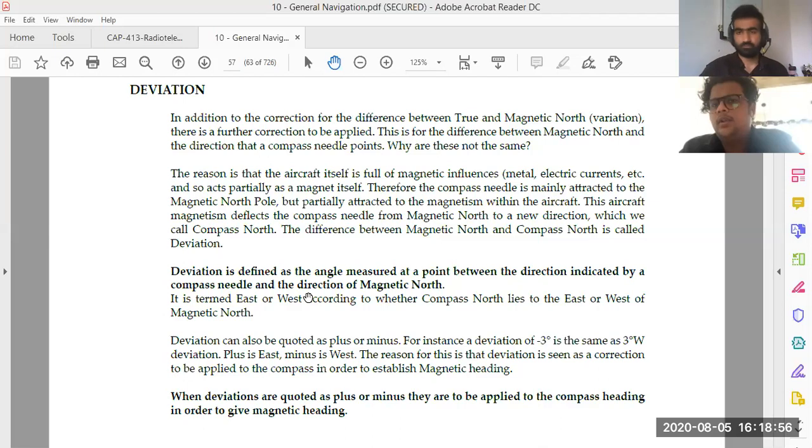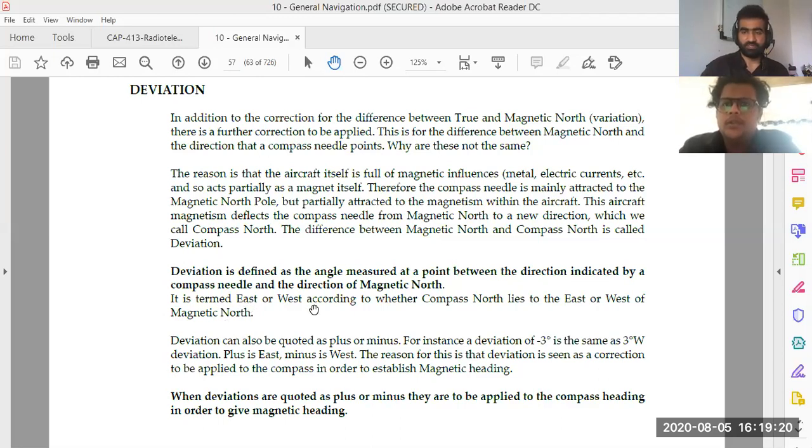The deviation will always be given in the compass itself, right? The deviation value will be mentioned on the compass card, a separate compass card stuck on the cockpit, and the variation will be on the variation chart, on the charts. Yes, in real life. Read this paragraph up to the last point quickly.